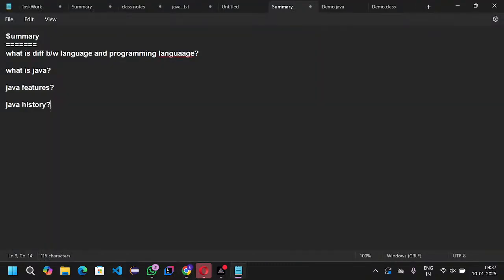After that we discussed Java program execution flow, and Java program structure. While writing the structure, we have to follow the syntax structure. So how to follow the structure? The structure is actually package statements,